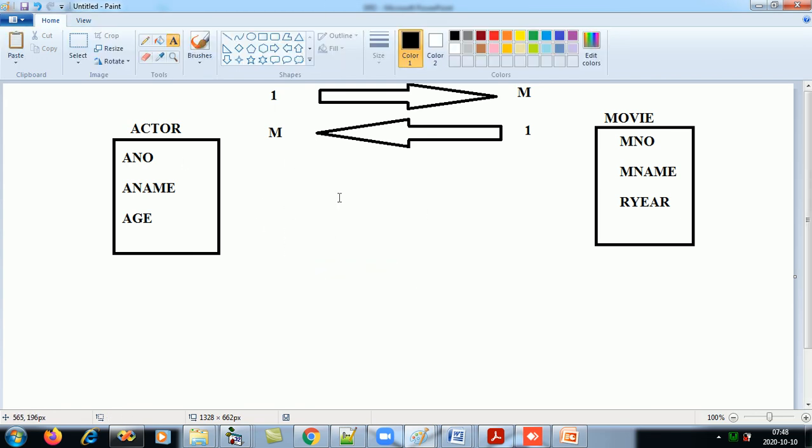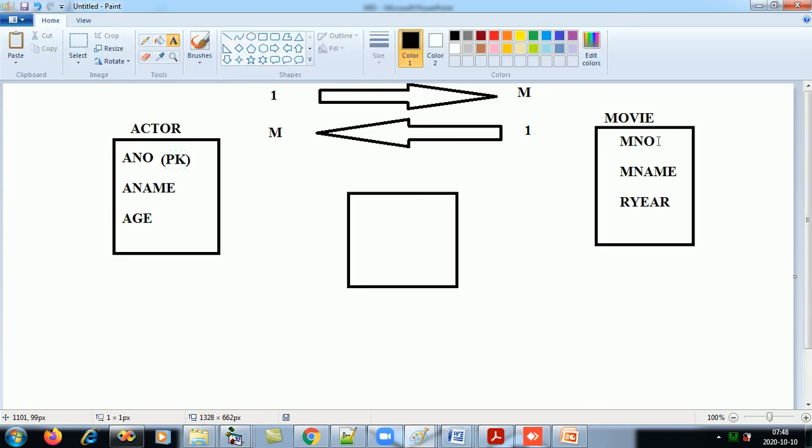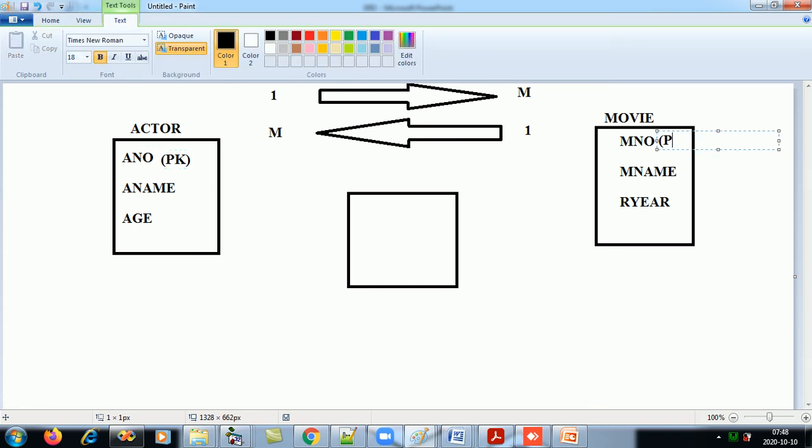So how do we show this in a database? Then we have to make a third table, and both the primary keys are taken. Which is the primary key over here, and which is the primary key over here, with which I can uniquely identify each movie?